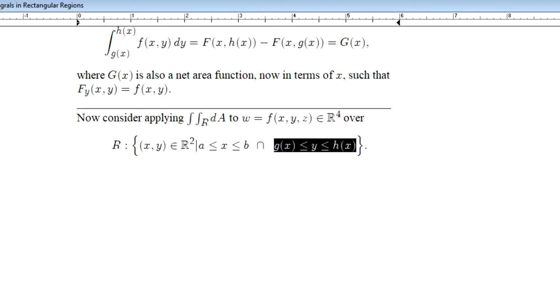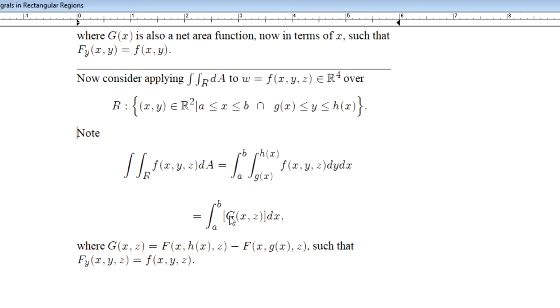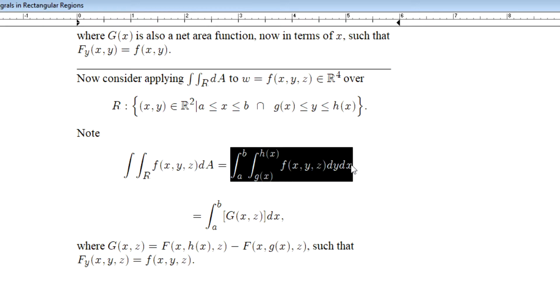If we consider that application, and taking from what we understand above in the previous two notes that I've developed, what we might note is this. What we have here, folks, is that this double integral operator over region R, with respect to the area of R, applied to this four-dimensional multivariable function, this hypersurface, will yield this result in notation seen on the right-hand side, where if we approach this using iterative integration,